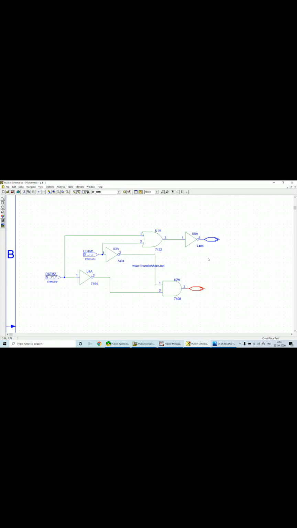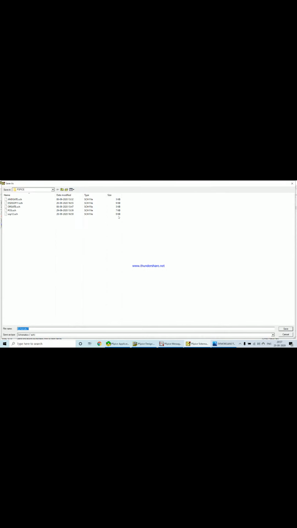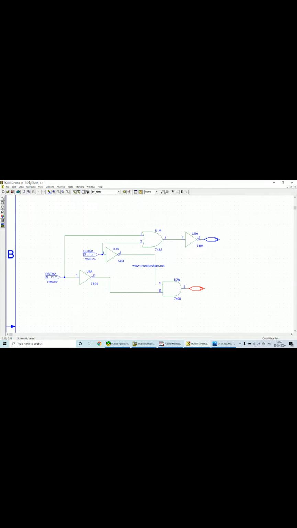Okay. Now I will try to save this first. I will save this to any folder that you create. You can create any folder on the desktop, and inside that folder you can save this. As it is De Morgan's theorem, I will just name it DEMOR. You can save it with any file name you want. So I'll just save it. So the file is saved. On the top you can see demor.sch, the extension for schematic.